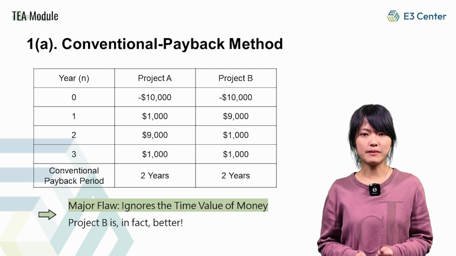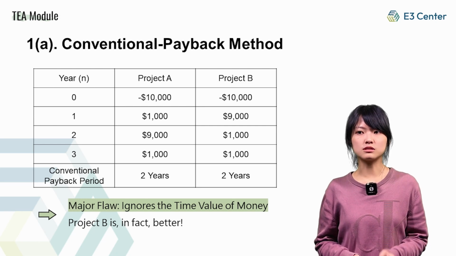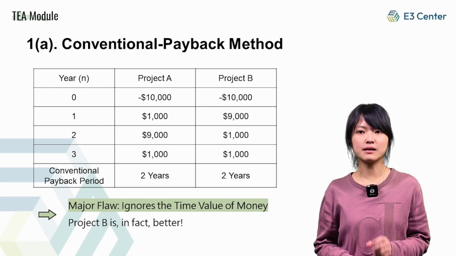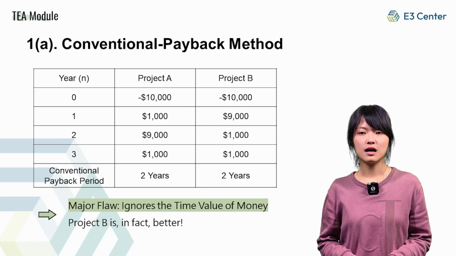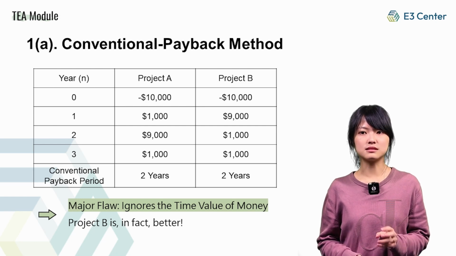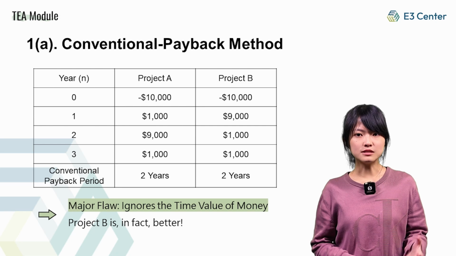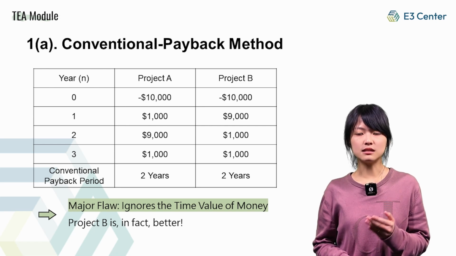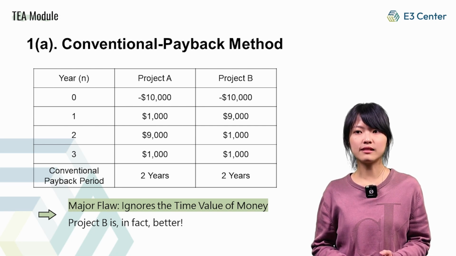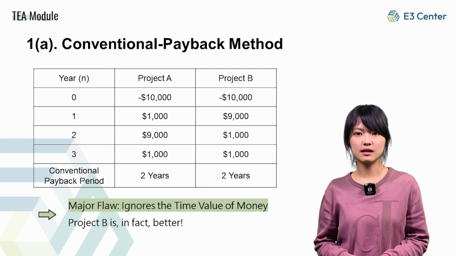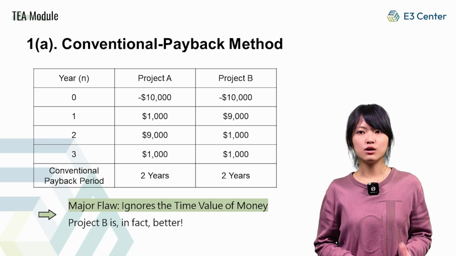Using the conventional payback method, both projects appear to have the same payback period of 2 years. However, this method does not account for the time value of money, as we just mentioned. For instance, Project B yielded a significant return of $9,000 in the first year compared to Project A, which only